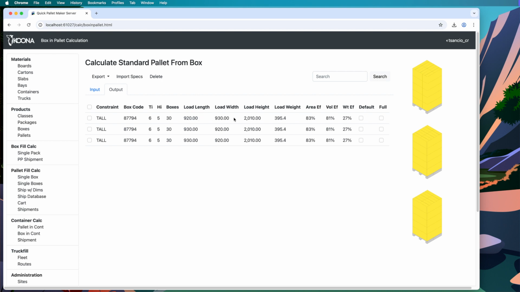We have a load length, width, and height, and a weight. In this case, it is not including the pallet weight. Area efficiency, volume efficiency, and weight efficiency. Now we'll go back,